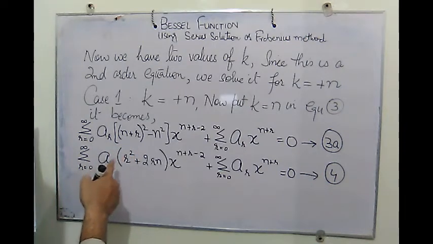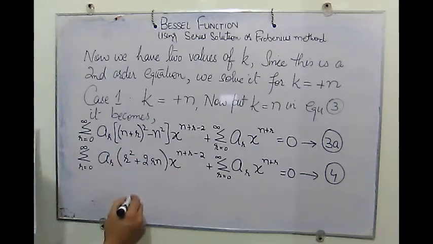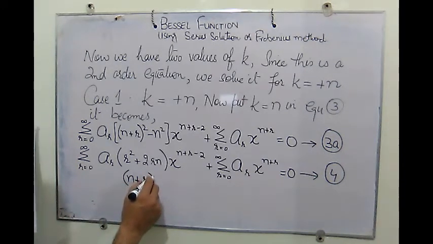We see that it is a square minus b square, which is a minus b into a plus b,